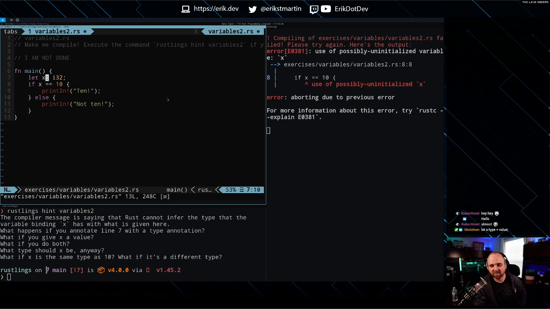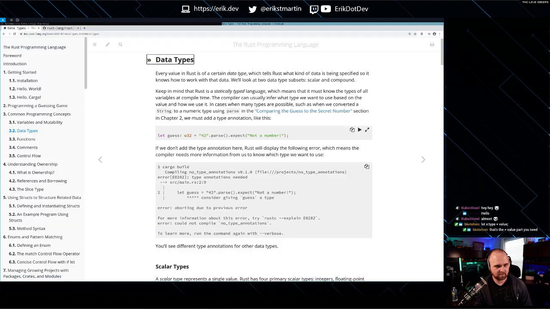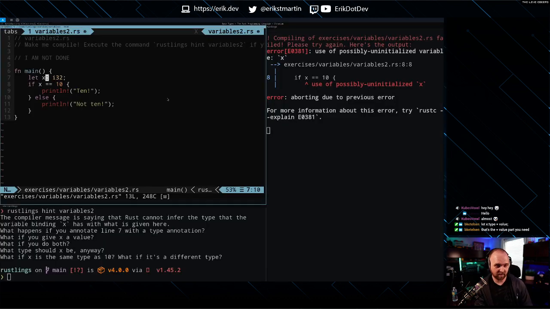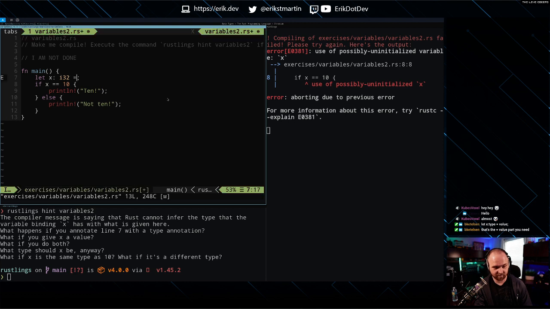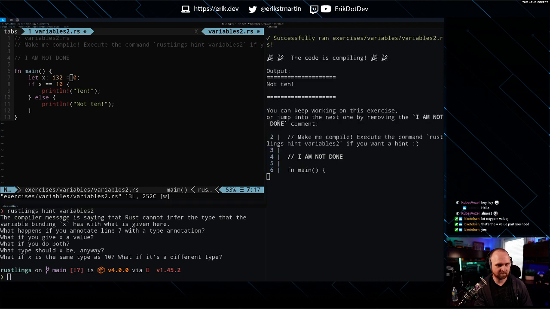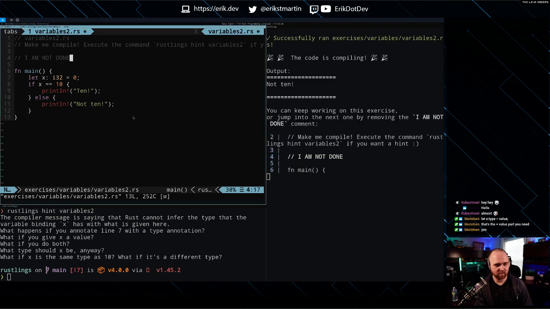Or possibly uninitialized. I thought that we could declare it without initializing it. Okay, so we have to initialize it or the compiler yells at us. Gotcha. Wow, I am super rusty with this. No pun intended.